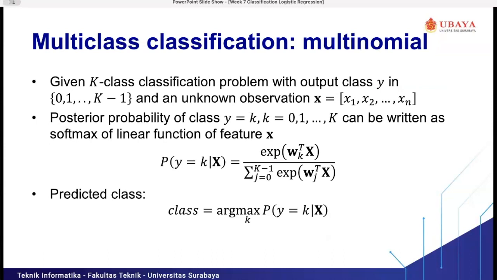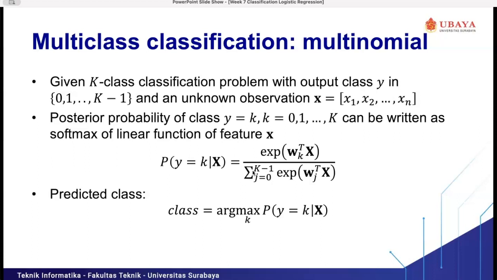Here, we change the activation function, the sigmoid function, to the softmax function. So the probability of y equal k given x equals exp of minus w_k transpose x, where exp is the Euler number, divided by the sum over j equal 0 to k minus 1 of exp of w_j transpose x.